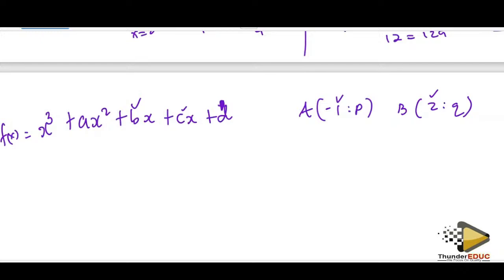Okay, guys, any ideas of what should be done? If I find my first derivative and equate it to 0, these should be roots of the first derivative. Which means if I substitute the negative 1 and the 2 into the first derivative, I must get a 0. Since this d doesn't have x, it makes sense. So that's going to be 3x squared plus 2ax plus